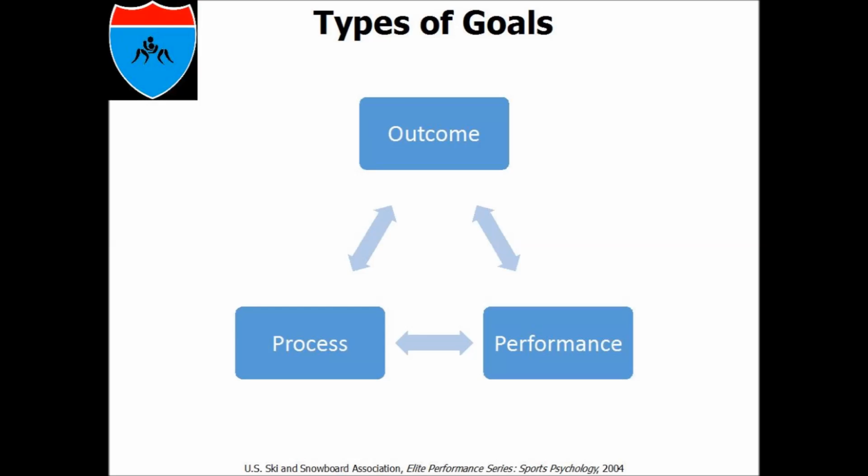I think everyone actually knows how to set an outcome goal. That's not real difficult. What is important is for students, athletes, coaches and parents to understand the process and performance goals. Those will actually lead you to your outcome goals. So it's important to have those process and performance goals as a big part of the outcome goal. In other words, those should be the stair steps to get to the outcome goal. Focusing only on the outcome, without the process and performance goals, is something we need to really focus on.